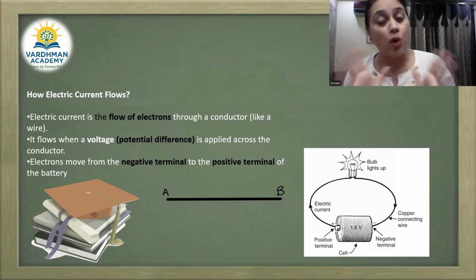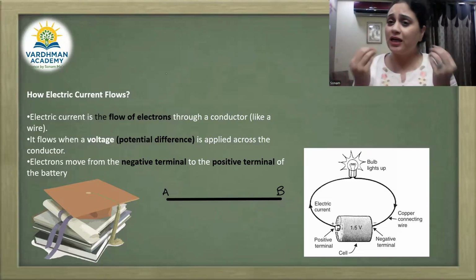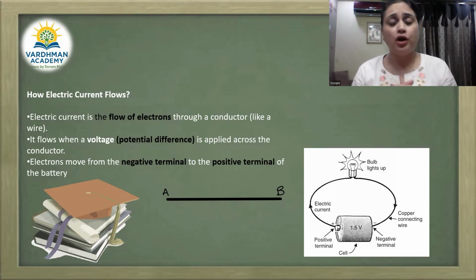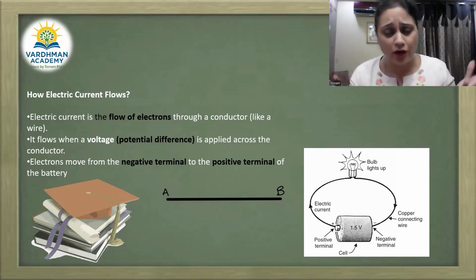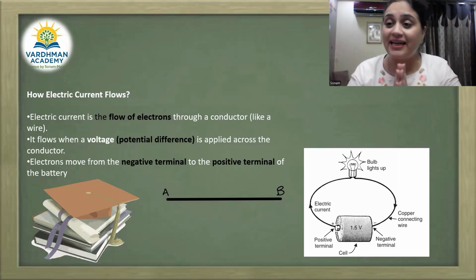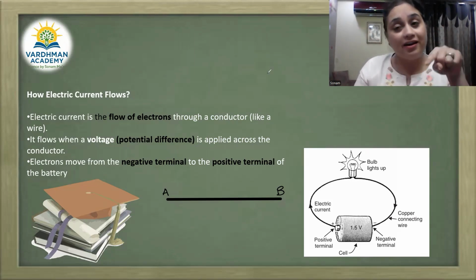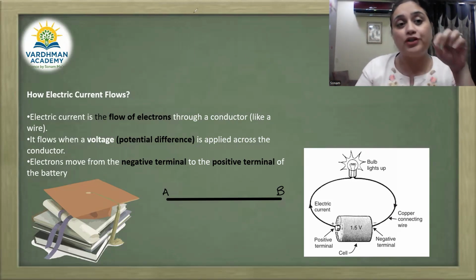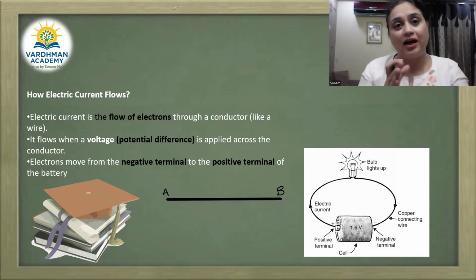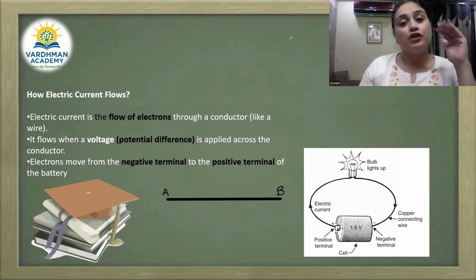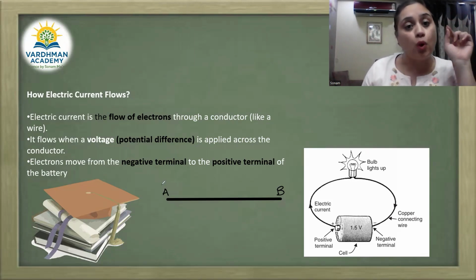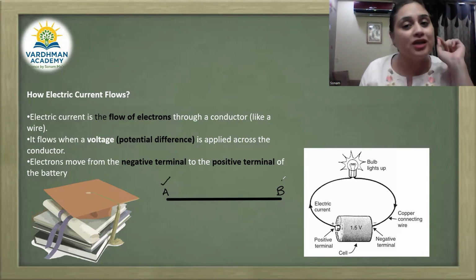10th, if I give you a wire and I ask you, will the current flow through that wire or not? What should be your answer? Of course not, ma'am. So what is exactly there that pushes the electron into the wire and makes the current flow? So here, class 10th, we are going to learn how the current flows in a circuit and what exactly pushes the electrons from one end of the wire to the other end of the wire.